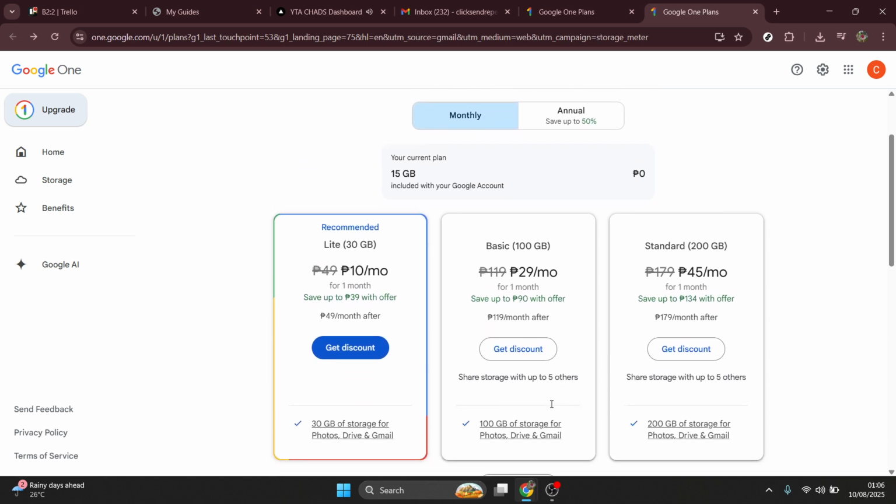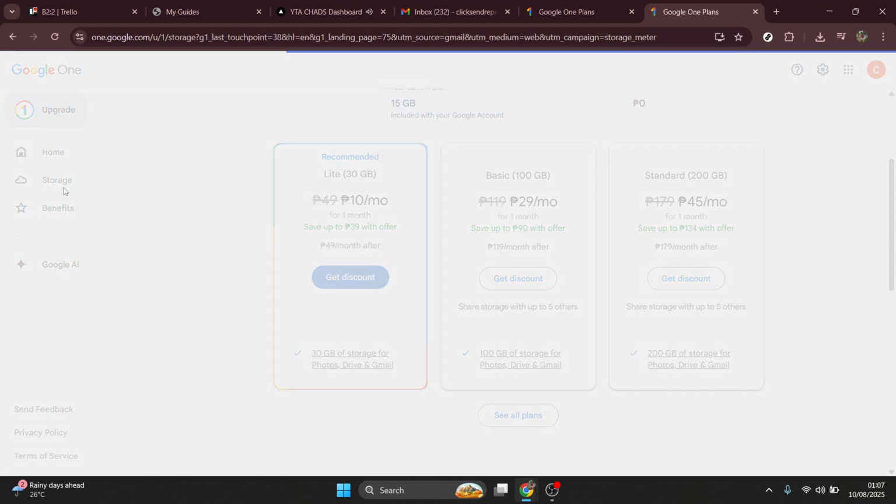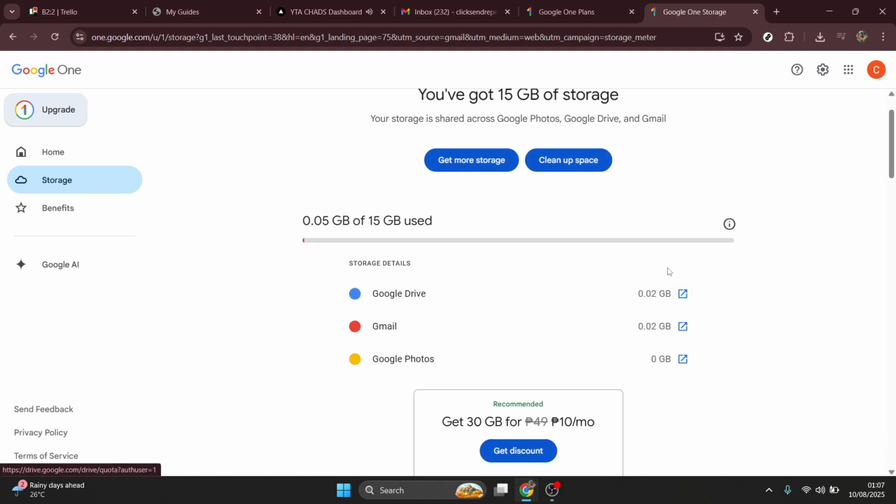Don't forget about Google Photos. Visit https://photos.google.com and navigate to the Settings gear icon. Choose Manage Storage, where you can review and delete items like large